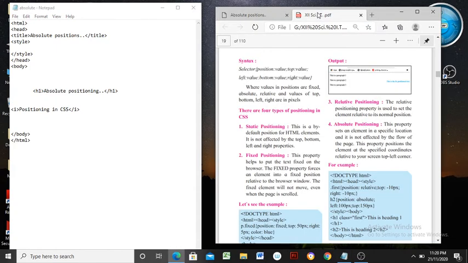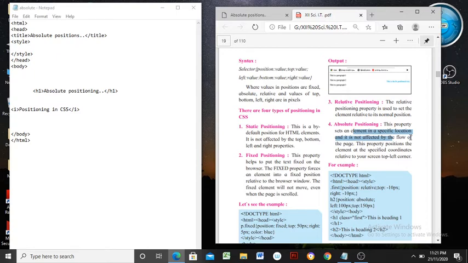So in your textbook, see here a statement related to absolute positioning. This property sets an element in a specific location and it is not affected by the flow of the page, that is, the content flowing on a page.